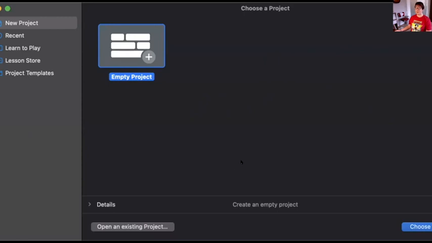If you are coming back to a project and you don't see it when you open GarageBand, you can go here to open an existing project, but we're not doing that today. Today we're going to empty project. I clicked on it to make sure it's highlighted, and then I select choose. It's going to open up